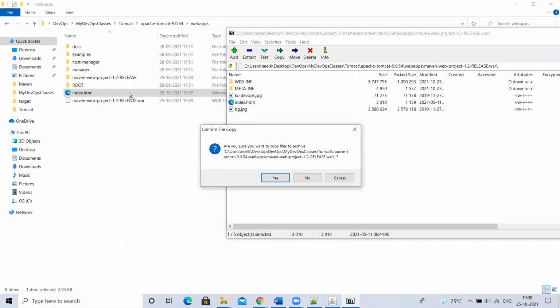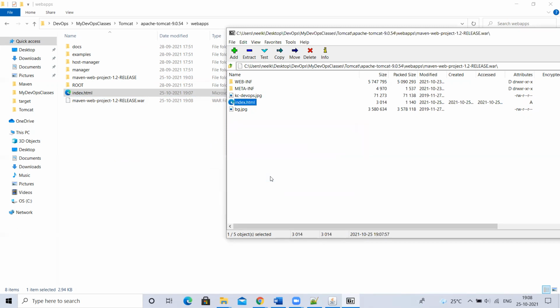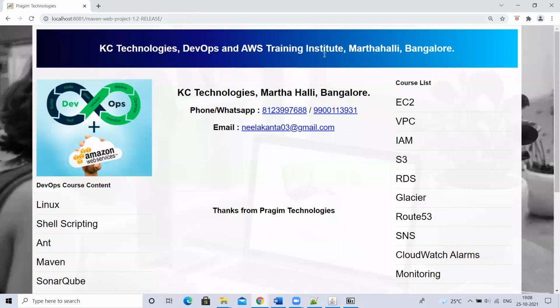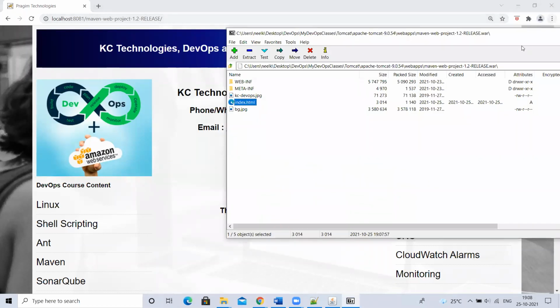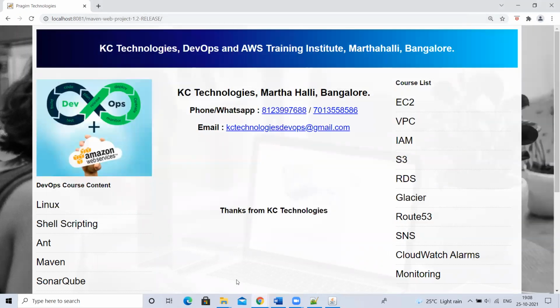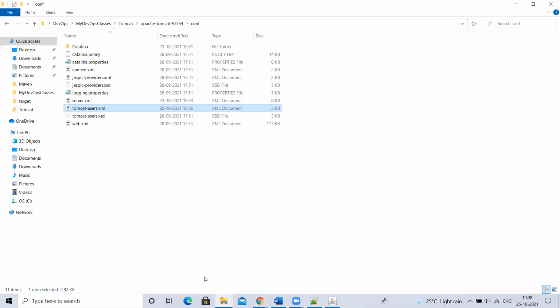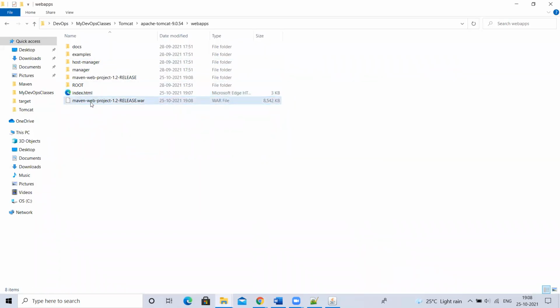Now in the war file, I have index.html. I copied it, did some modifications. I'm updating the index.html directly inside the war file. Now, if I go and refresh this, I'll be able to see the changes. So I'm able to see the changes, right? This is called a hotfix. This is called a hotfix, meaning the application, the war file, which is already deployed, right? Which has been already deployed. In that, if you go and modify some changes, that is called a hotfix.